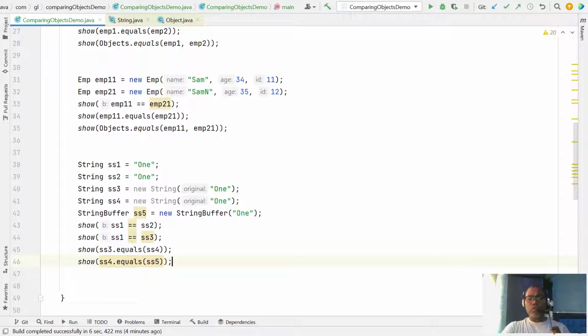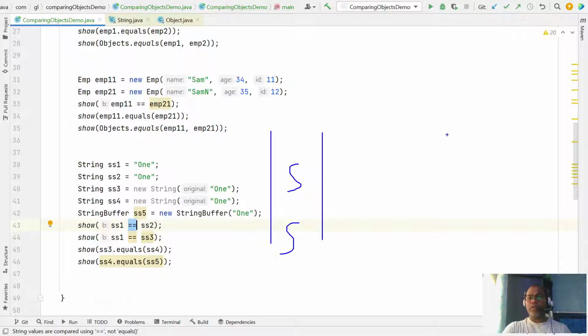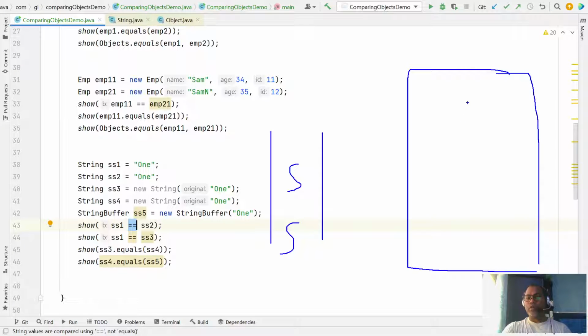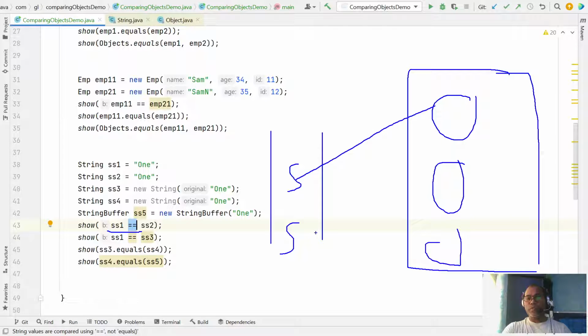Whenever you use the double equal to operator, you are just checking two reference variables. Objects are generally stored in the heap, and multiple objects can be stored, but this operator only checks whether both are referring to the same object or not.